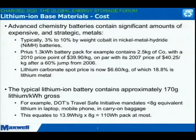And today, the lithium, the material for lithium batteries, the lithium carbonates, are really relatively inexpensive. I'll show you in a minute that lithium is one of the lowest cost components of the lithium battery. And the other point here is that it doesn't take a lot of lithium to manufacture lithium-ion batteries in terms